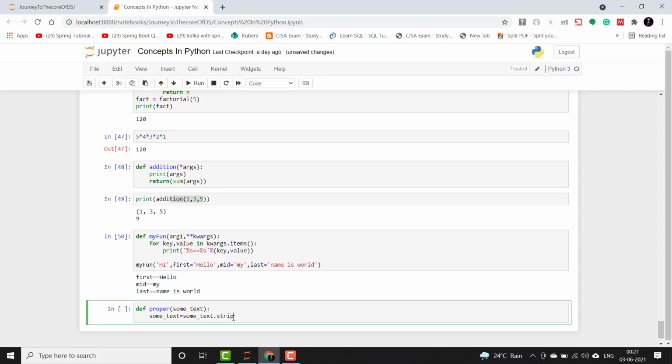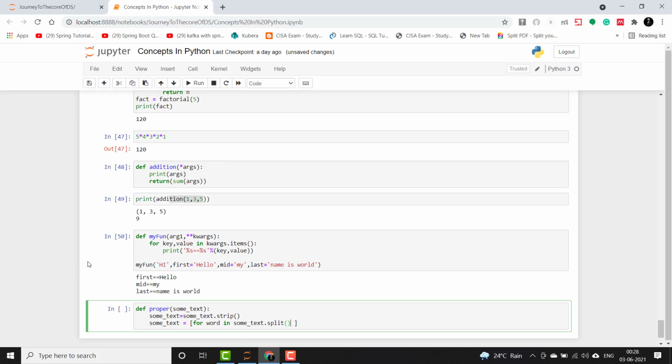So I'll say strip, so any spaces in it will go, and then I will say some_text equals, and then I will create a list comprehension which starts with for word in some_text.split(), because it will be having spaces.